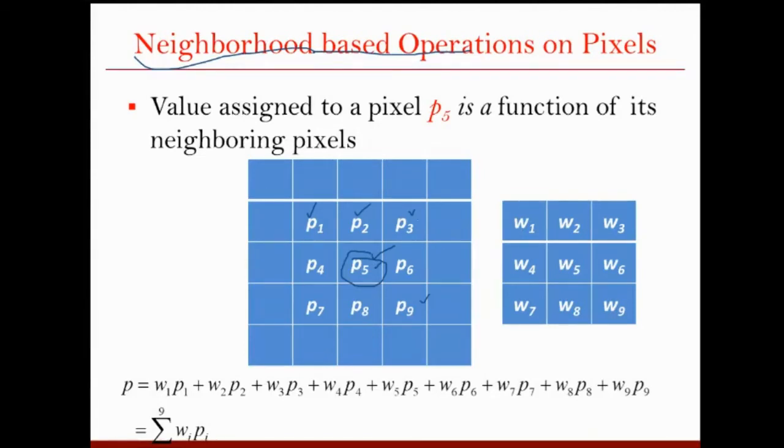And when we are adding all the surrounding pixels to get the new value for the central pixel, the intensities that you have in P1, P2, P3, P4, and so on, are weighted by these weights. For P1, the weighted value is W1 P1. Similarly, for P2, the weighted value is W2 P2, and so on. Whatever weighted values we get, we add them to get the new value for P. Sometimes we take the average, so whatever number of values we have added, we divide by the total count, and we get the average of it.